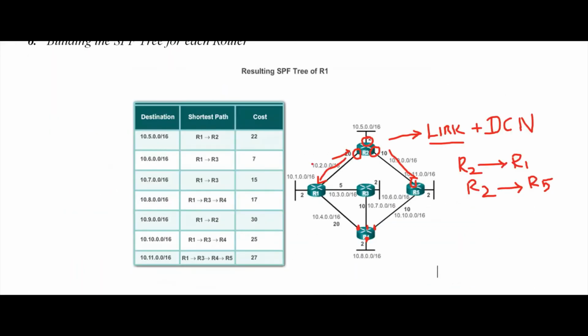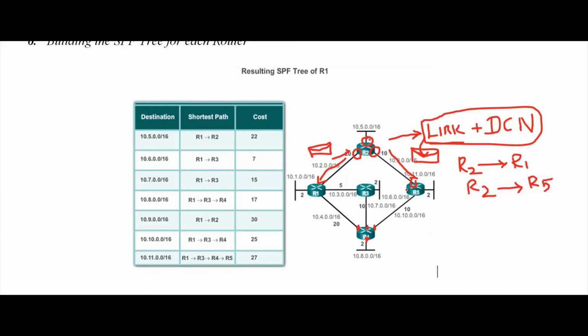Now see, it is going to make a packet here. The name of the packet is called the LSP, link state packet, and here also it is going to use an LSP packet. So inside the LSP packet, the information about the link, this is in step number 1 we studied. Whatever we studied in step number 1 is going to be put in the link state packet. The link state packet will be sent.